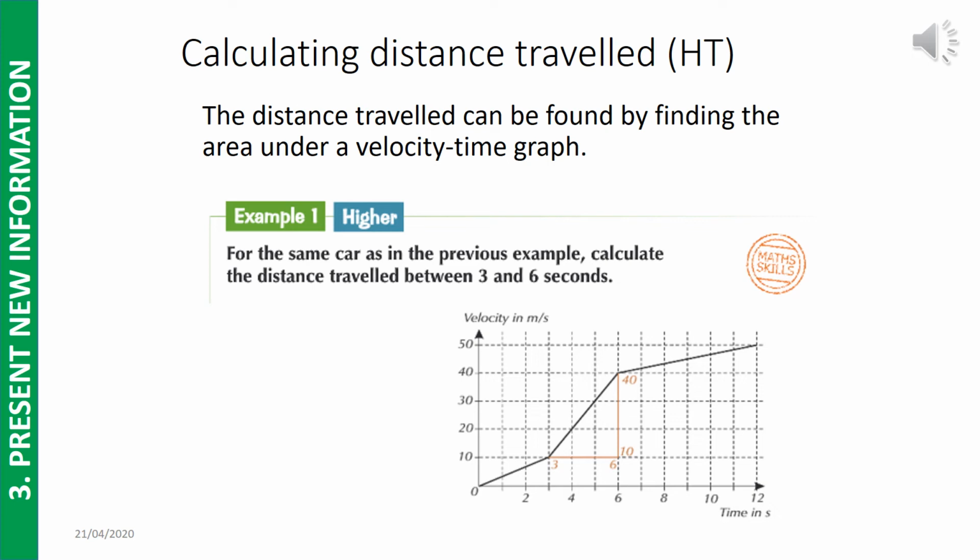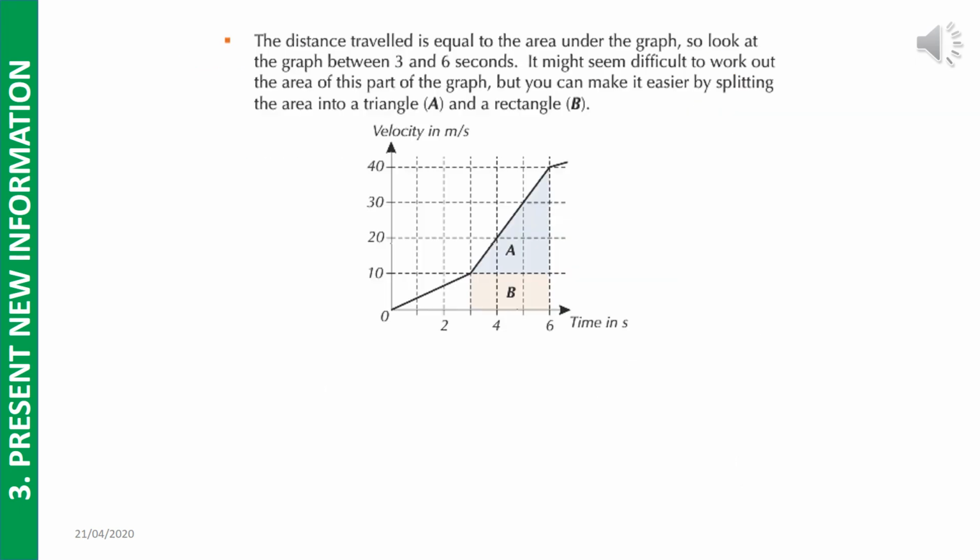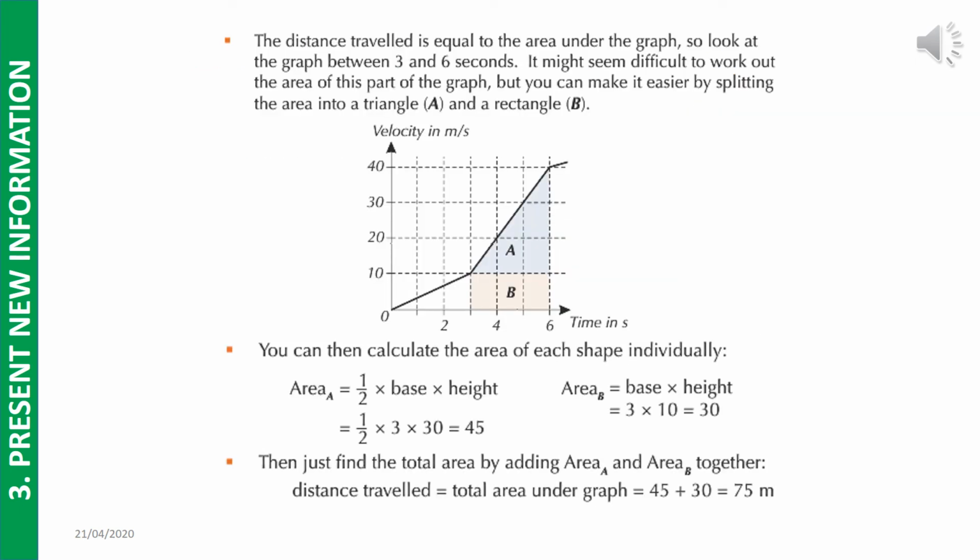So this example is asking us to find the distance travelled for this same car that we just calculated the acceleration of, between 3 and 6 seconds. And we do that by doing the velocity times the time. And that is also described as the area underneath the graph. So you can find the area underneath the graph in one of two ways. The first way is splitting the graph up into manageable sections. So as you can see in this diagram, it's been split into a triangle labelled as A and a rectangle